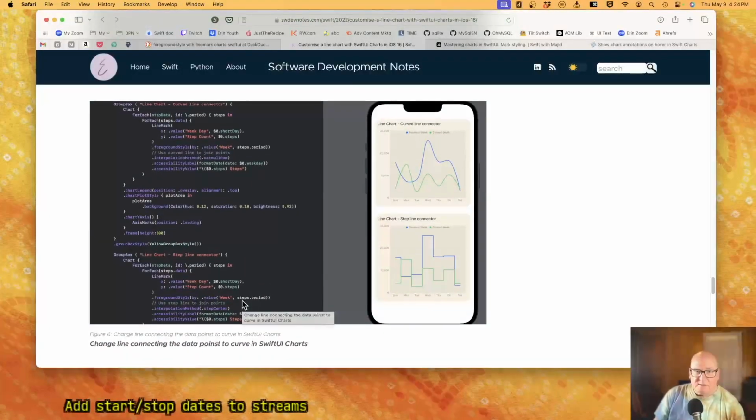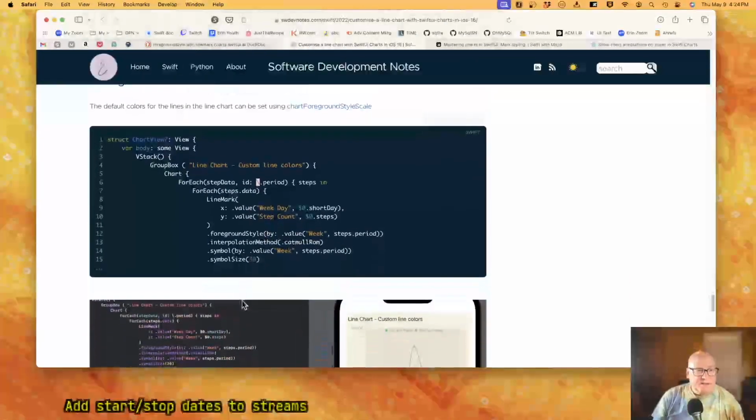Yeah, I guess we could get it a little swoopier, but change the line colors.